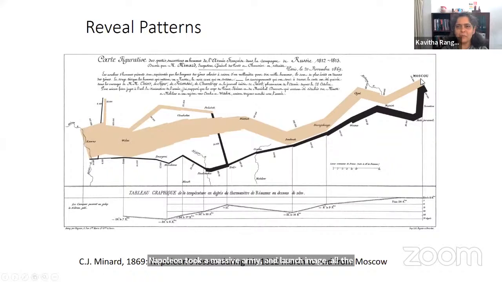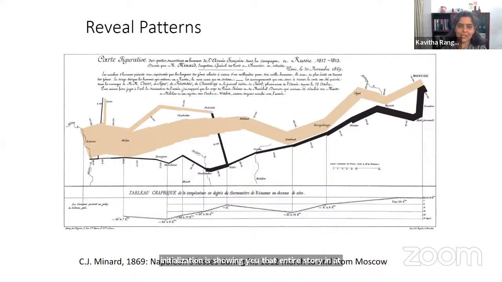And at Moscow, because of the very frigid conditions there, his army was not really used to that. And he couldn't really conquer Moscow. The Russians held off. Moscow was too cold at that time, and they ran out of food, they ran out of other utilities, and they actually came back home. But what happened during the march? So this particular visualization is showing you that entire story